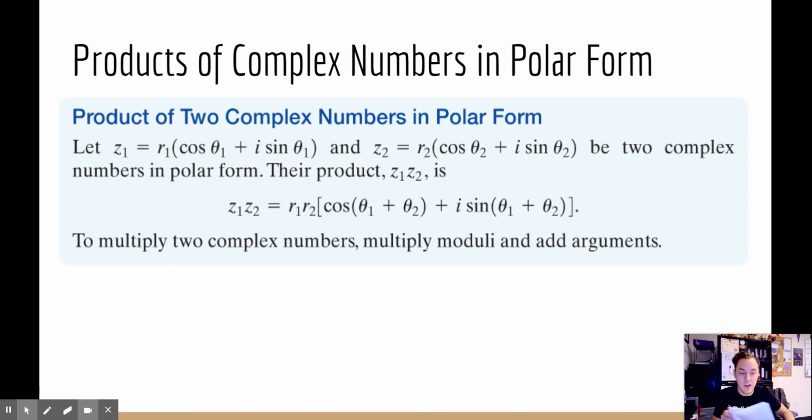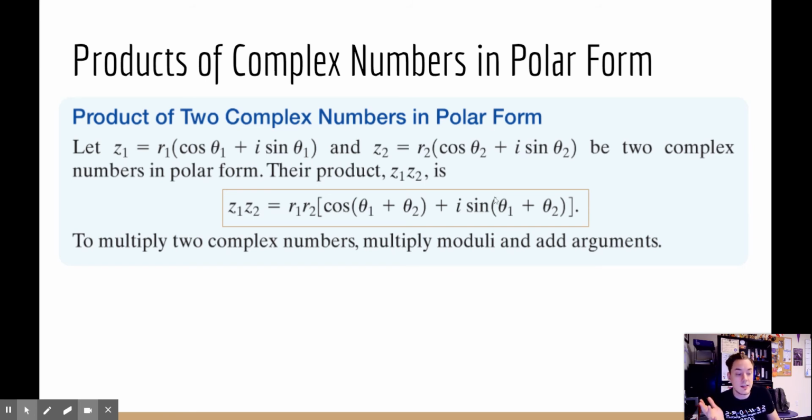Let's go through a little bit more advanced stuff. Are we ready? So advanced stuff says this. This is my formula for products, and this is also on your master formula sheet on Google Classroom, by the way. So make sure you know that because that's on that sheet. Very interesting. So z1 will equal r1 times cosine theta 1 plus i times sine theta 1. This is my first theta, everything is 1. My second, if I'm given a second polar